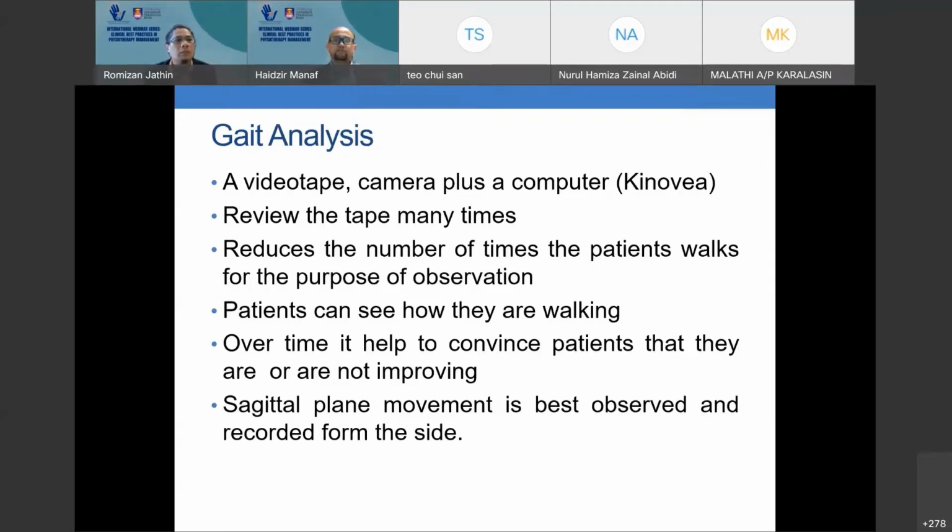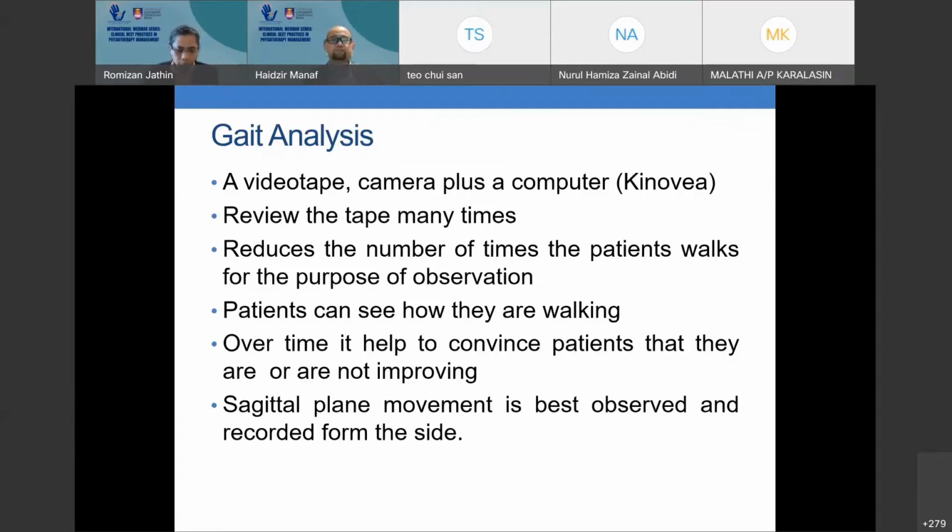You can review the tape many times, and you can reduce the number of times the patient has to walk for the purpose of observation, in order to prevent the patient from becoming fatigued, because the gait is not proper after fatigue. In addition, the patients can see how they are walking. You can show the patients. Over time, it helps to convince the patients whether they are or are not improving after a few sessions of